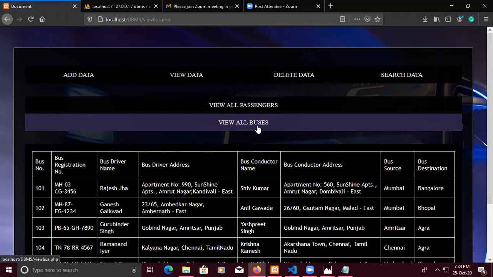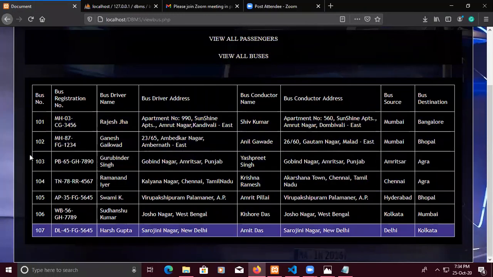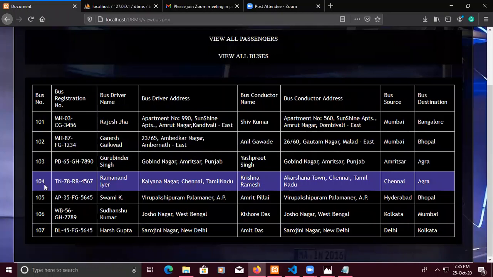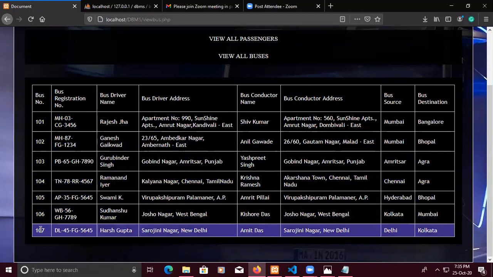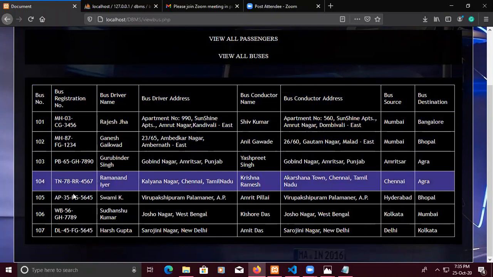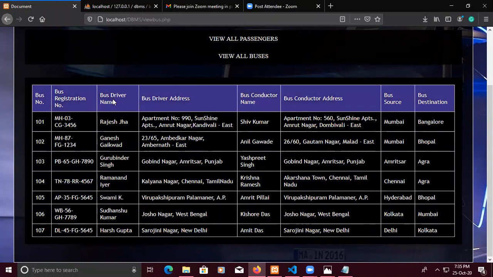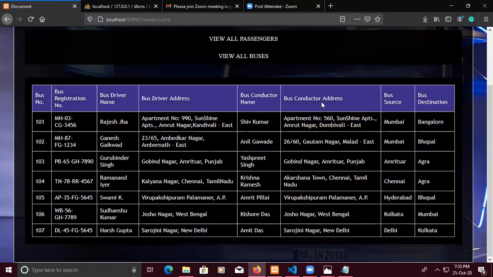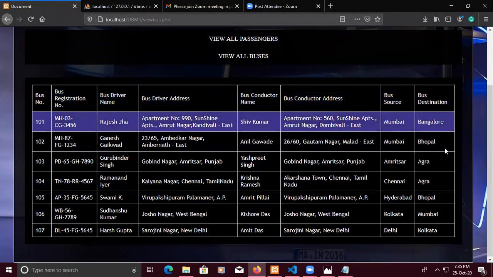So in the view, I have clicked view all buses and there are 7 buses of that company. So it is 101, 102, 103, 104, 105, 106, 107. Every bus has its own unique registration ID, which you can see here. There is also the bus driver name, address and contact, the bus conductor name, the bus conductor address, bus source and bus destination.